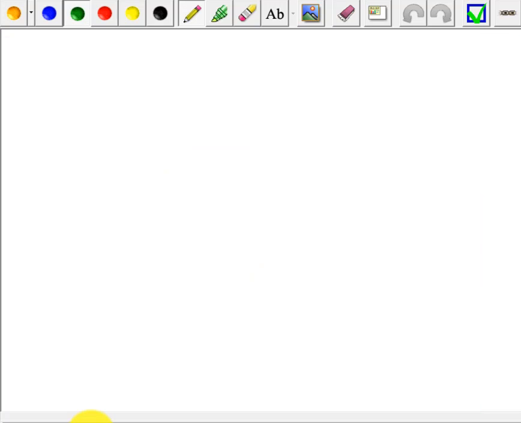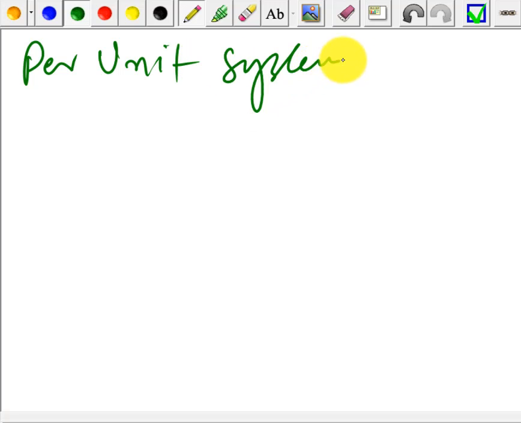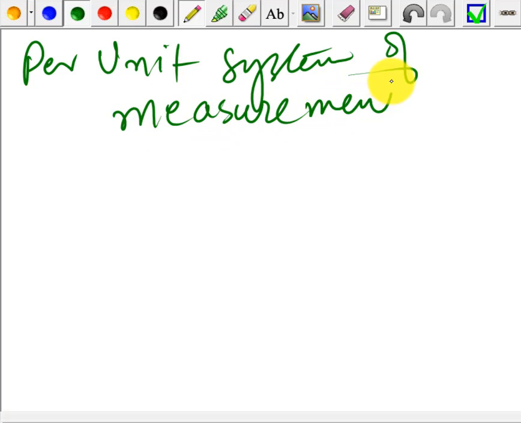In today's video we will learn about the per unit system of measurement. So the per unit system actually converts all the voltage levels and all the parameters of the